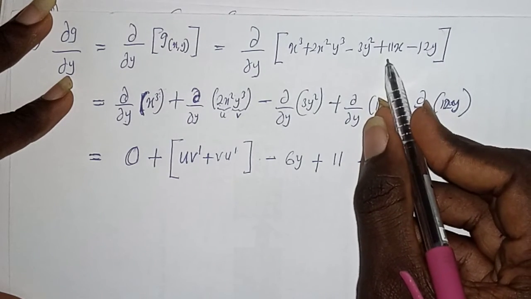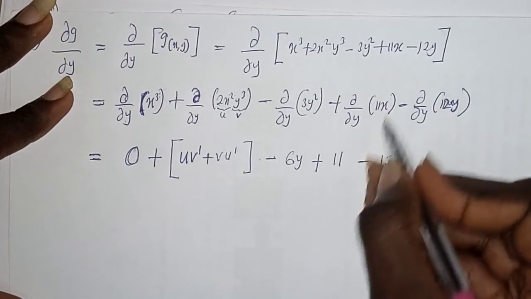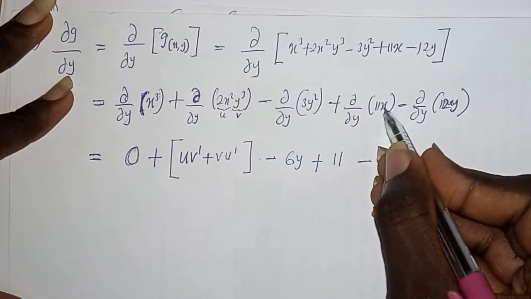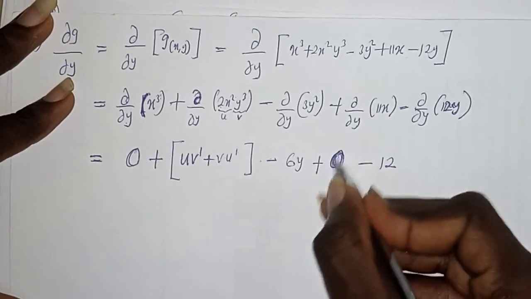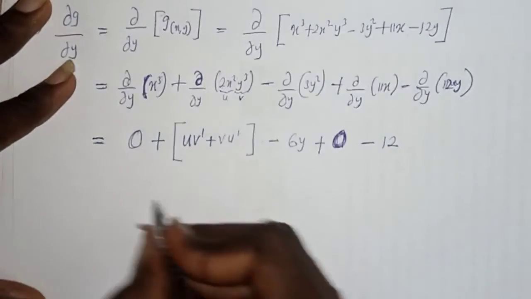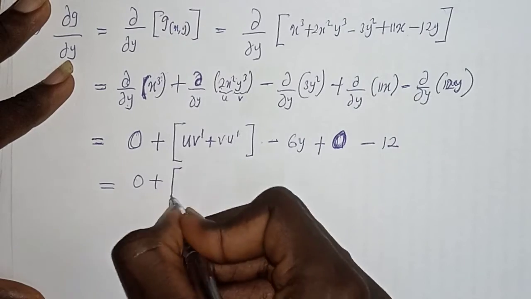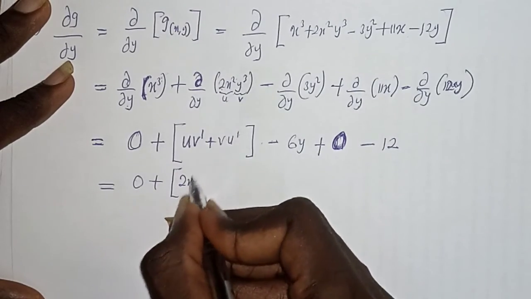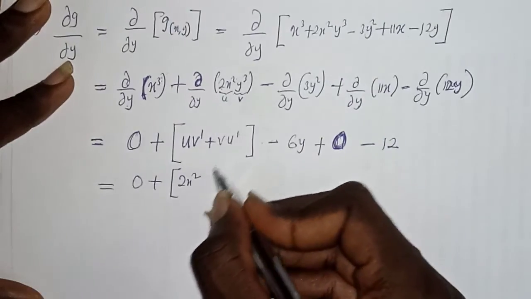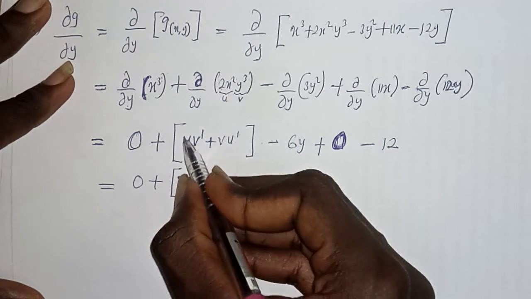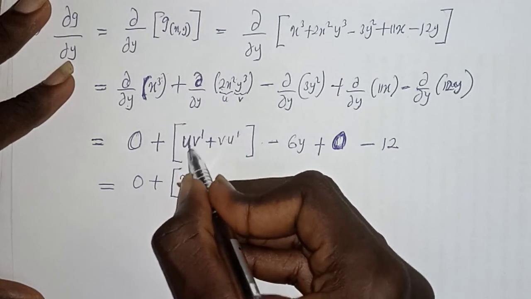But this is 11x. I want to differentiate 11x partially with respect to y, that's 0. So be very careful of that. So that's 0. So hence we end up having 0 plus, this u is 2x squared. So you do the same thing applicable. So we have uv prime